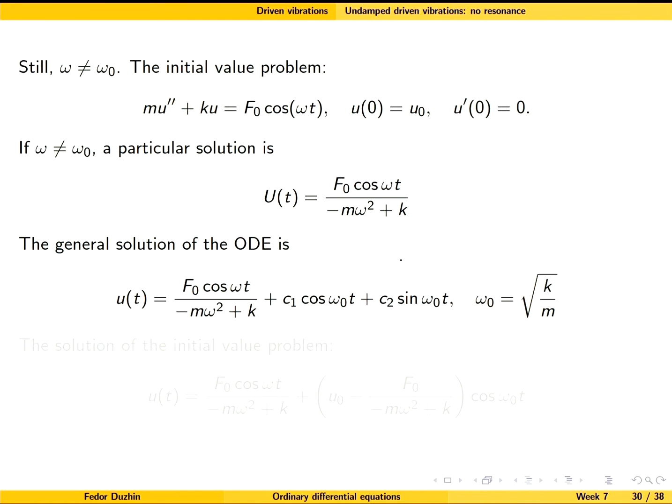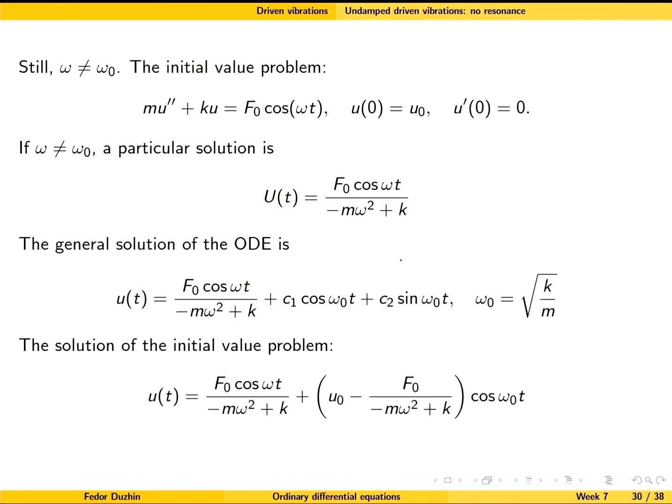So there are two different frequencies, and if you plot, it's going to be some kind of periodic function. Well, it is periodic if the ratio between omega and omega naught is a rational number. If it is irrational, then it's going to be a bit chaotic, but anyway, it's going to be a series of oscillations. So here is the answer,